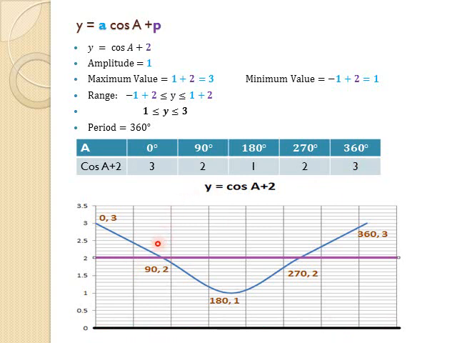So if you look at every point, 0 and 3, 90 and 2, 180 and 1, 270 and 2, and 360 and 3. So you should see it still follows the basic shape of a cos graph, but the graph moved